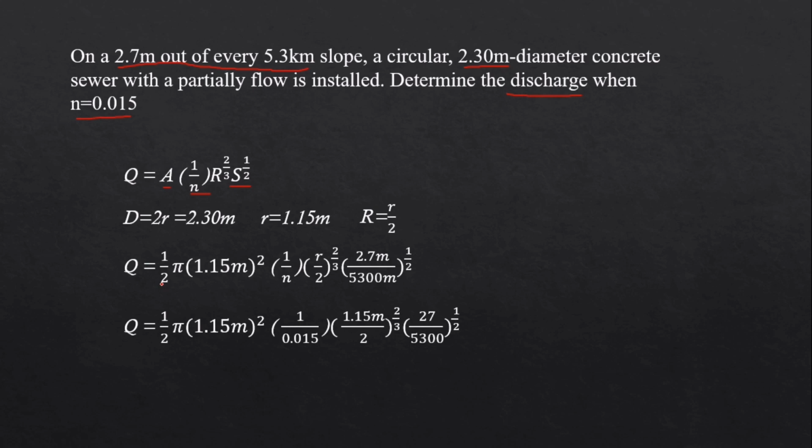Q is equal to 1/2 pi times 1.15 meters squared, which is our area. Our 1 over n is 1 over 0.015, times our radius, which is 1.15 meters over 2, to the power of 2/3, times our slope, which is 2.7 over 5.3 kilometers, and if we convert this into meters, it goes like this, which is 5,300,